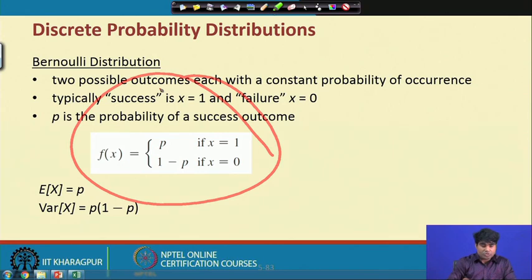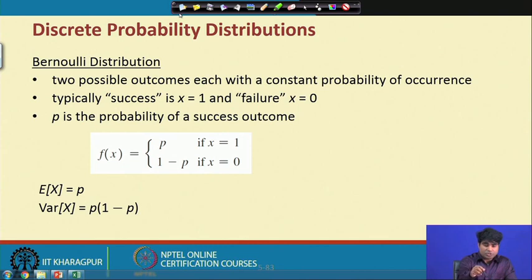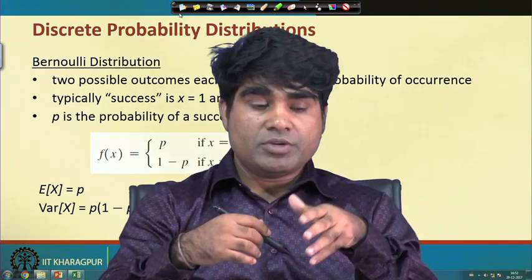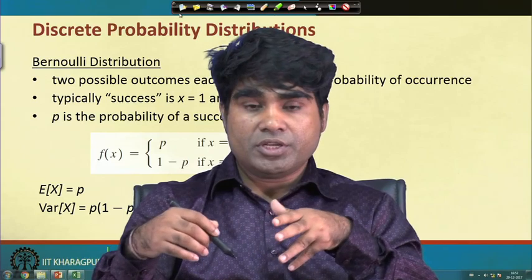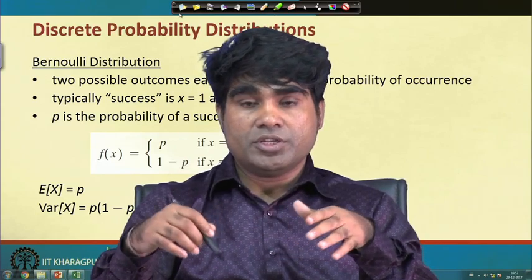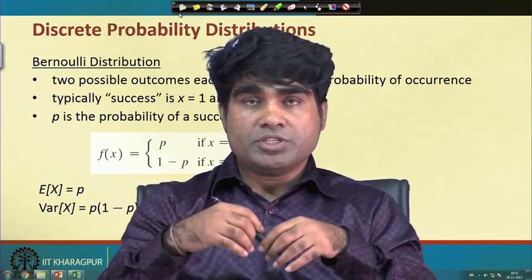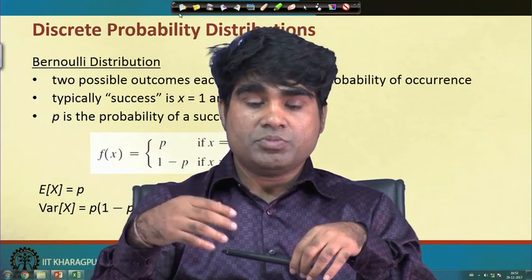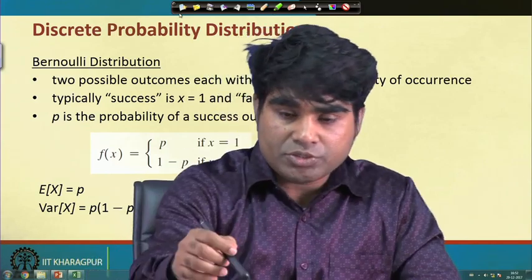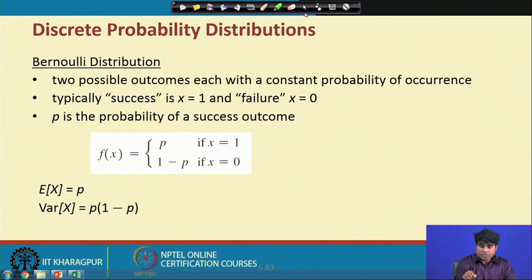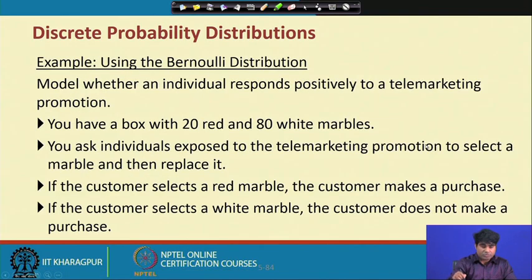So this is the concept where binomial distribution or Bernoulli distribution is concerned, and then accordingly you have to calculate the mean of this particular distribution and the variance of this particular distribution. That means once you have a probability distribution, in order to predict the particular situation as per the requirement, you have to report the mean and variance, and with the help of mean and variance you can get to know what is happening and what should be the future strategy. Likewise we have similar kinds of examples.